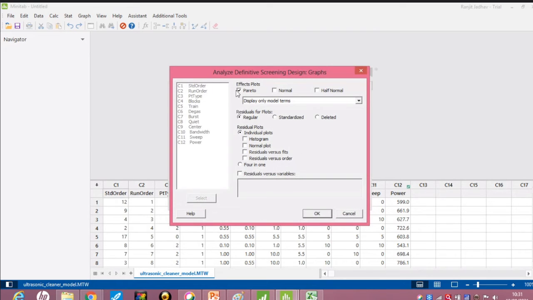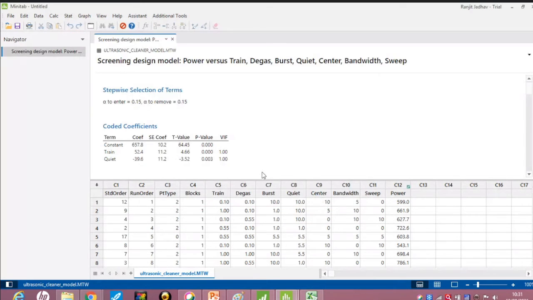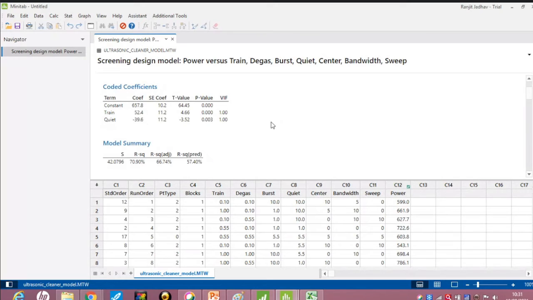In graphs, we have Pareto, 4-in-1. So here we can see out of the seven factors, only two are significant.